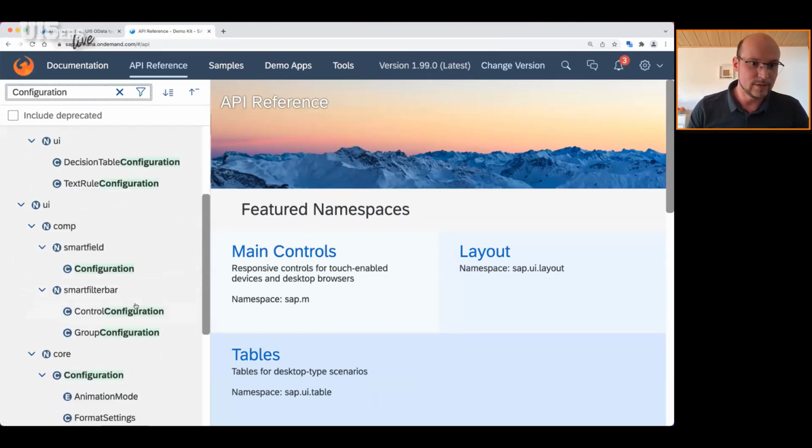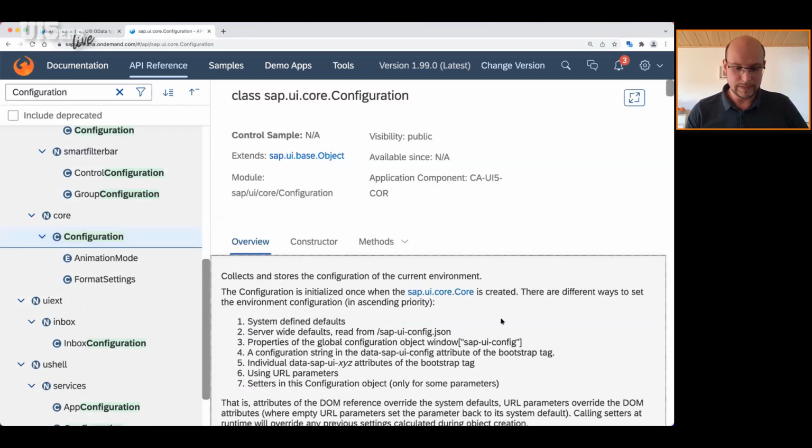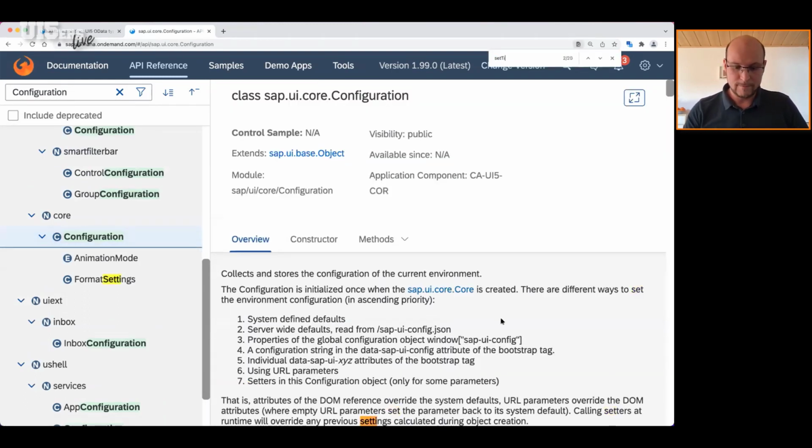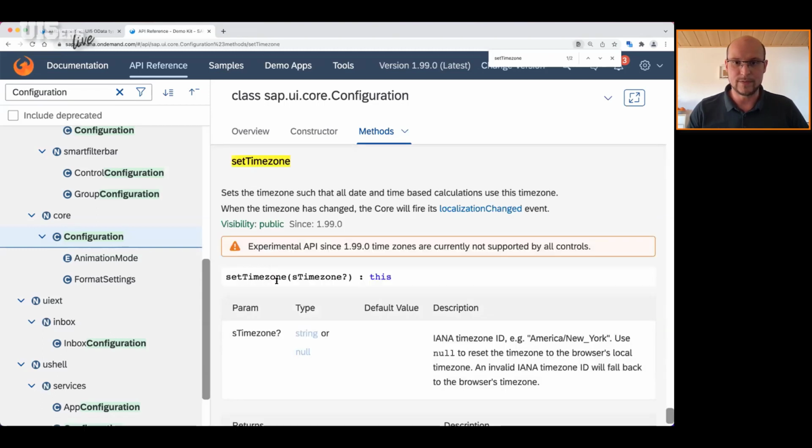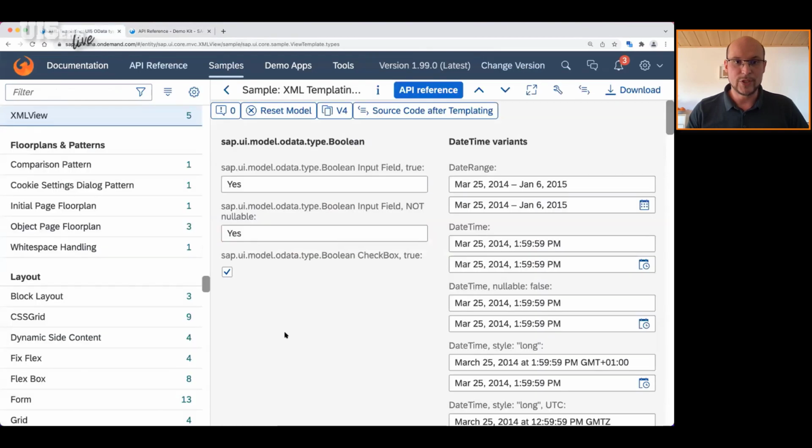Just quickly going inside the core configuration, there's a new ability. You have the ability to set the time zone and also retrieve it. It defaults to the current browser's time zone. It's the IANA time zone from the Intl DateTimeFormat API. As mentioned, it's still experimental. And what can you do with the set time zone? You can change the time zone such that every date format is using this time zone to do the date conversion. So how does that look?